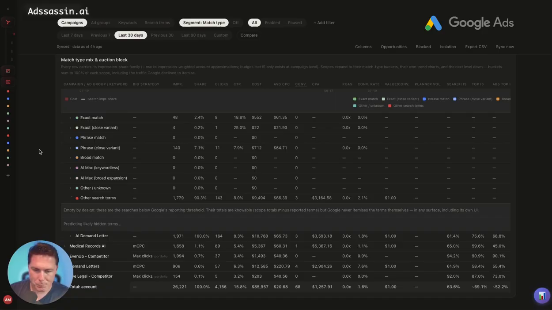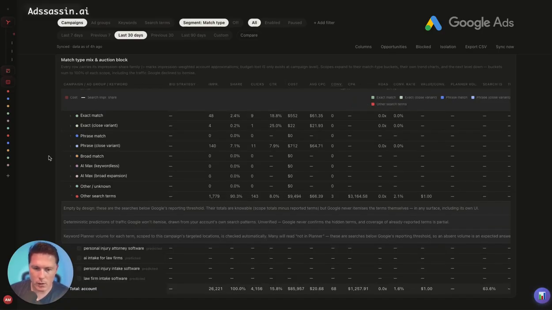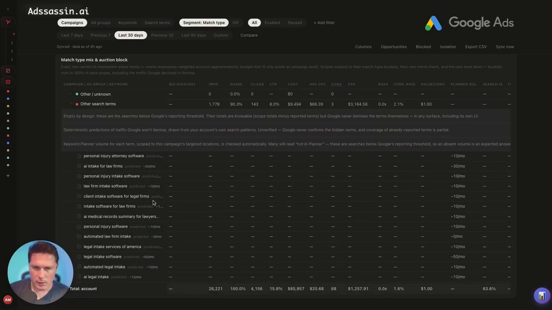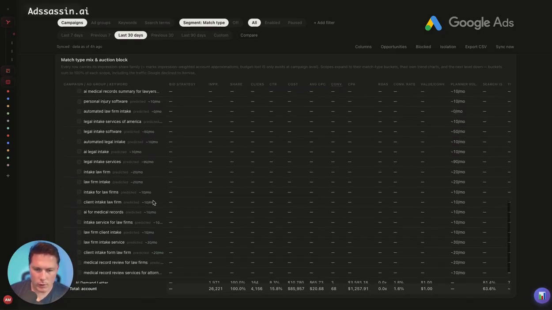And in all of the tests that I've run, by excluding all of the things that have come up, I have been able to exclude all other search terms in the accounts that I've been working on,